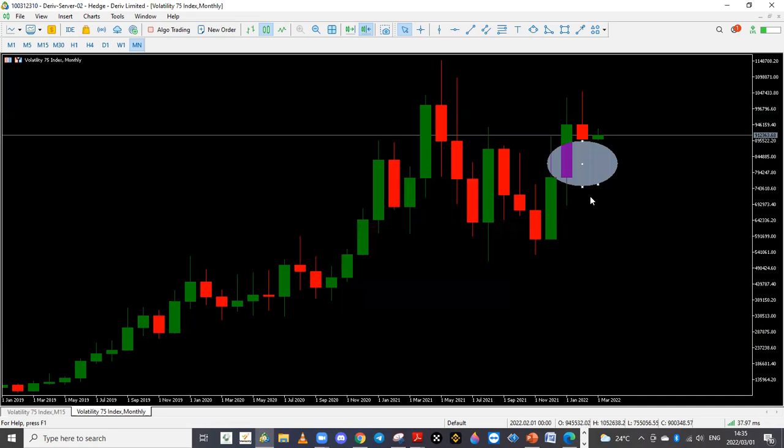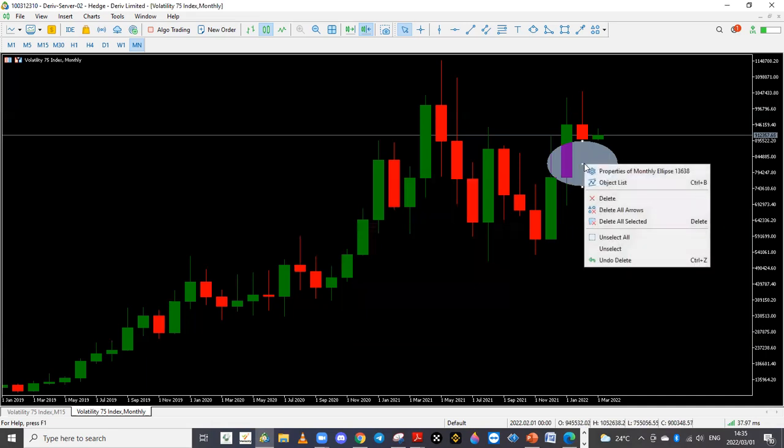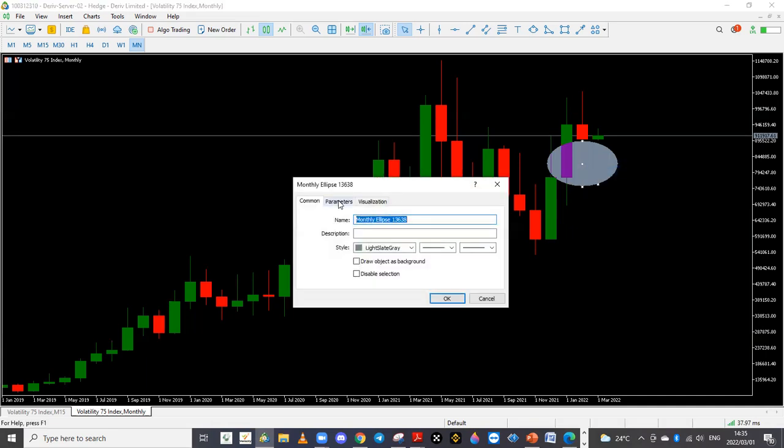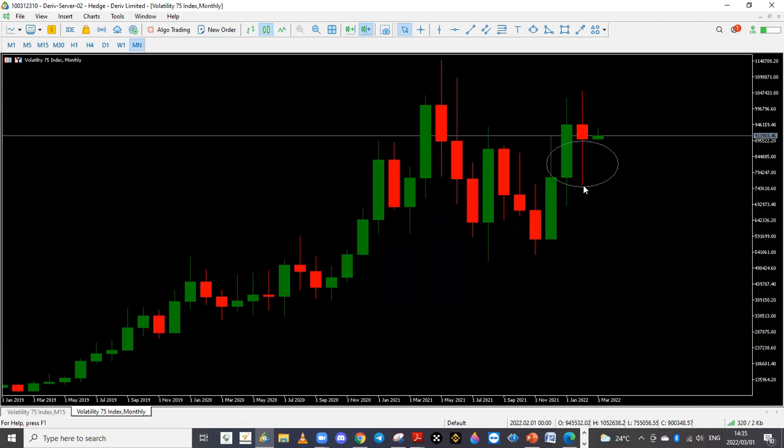That's a serious rejection on the monthly time frame. If you check the area that was rejected, it was this critical zone here, this critical area there, which was actually a